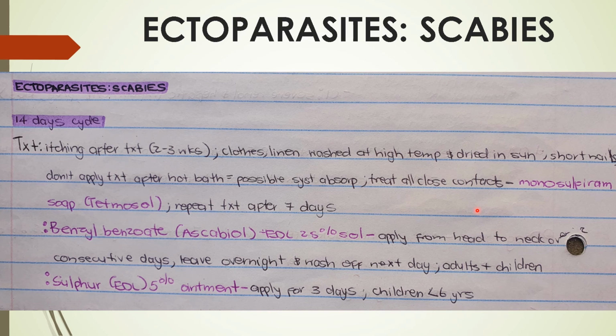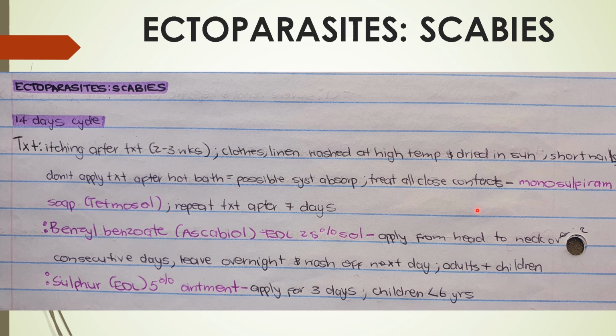And if anyone in the family has scabies, you need to treat the whole family with monosulfiram or Tetmosol soap, and you need to do this once and then repeat it after 7 days. Another treatment that you can use is benzyl benzoate 25% solution. You apply it from the head to the neck over 2 consecutive days. You leave it overnight, and then you wash it off the next day,